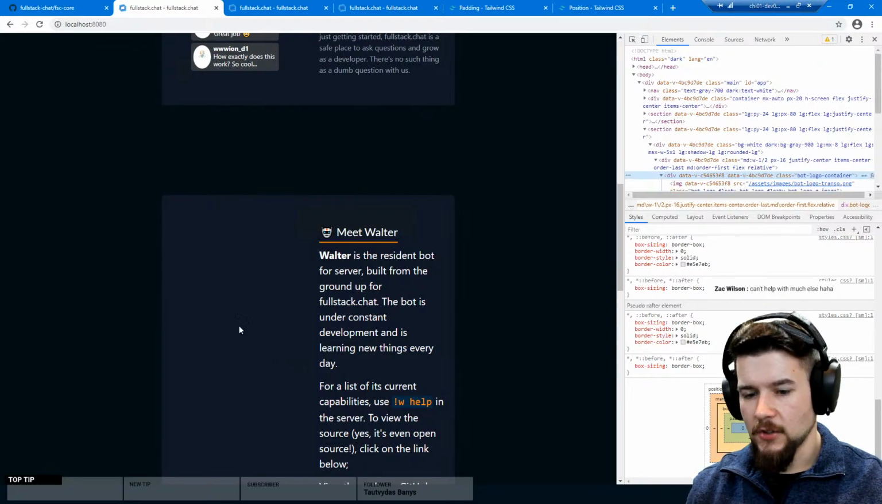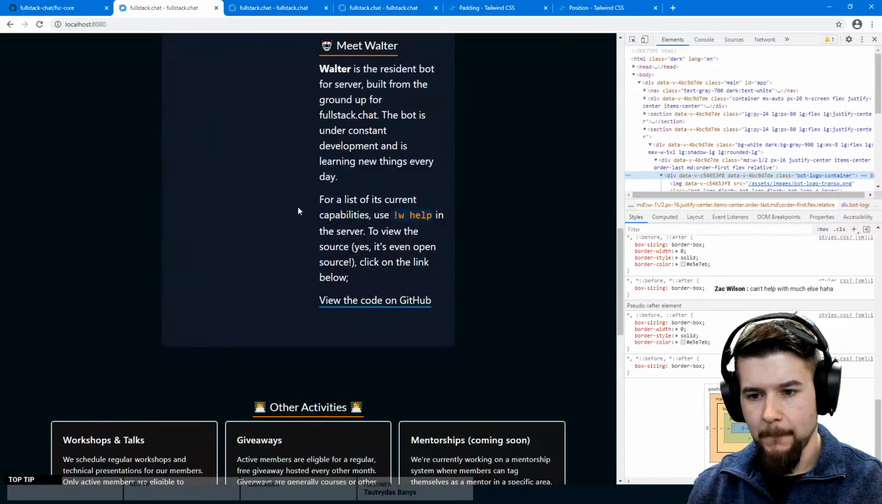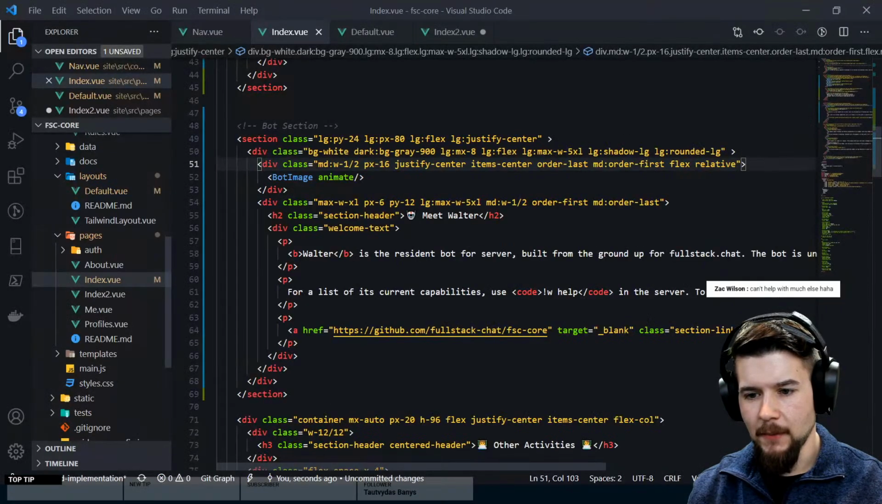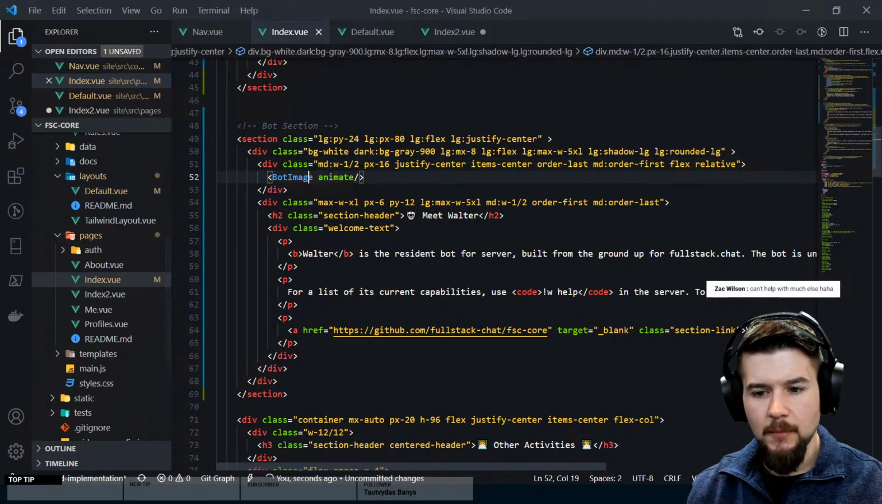Okay, so let's try and get this fixed, and then let's get these things put into the similar cards, and then this guy. I think we're almost to the point where I'm going to be done for the day, so that's good. All right, so inside of my bot image component,